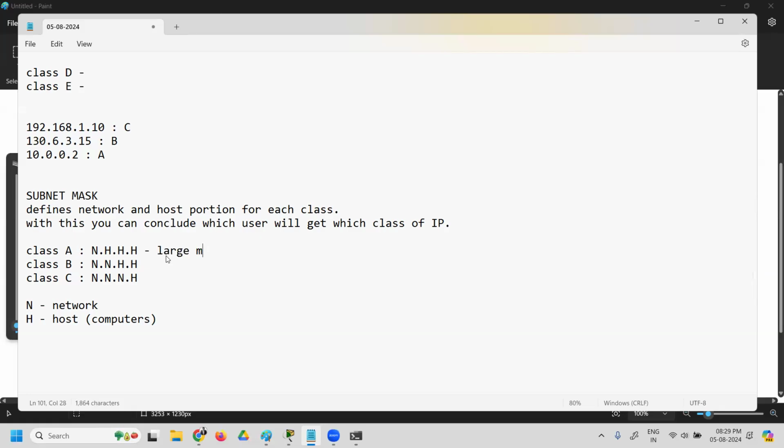In large MNCs. So large MNCs with a large number of computers will use class A. In class B, there are two hosts, which means next to large MNCs, mid-level companies will use class B. And in class C, you have only one host. So small companies and home users will get class C.